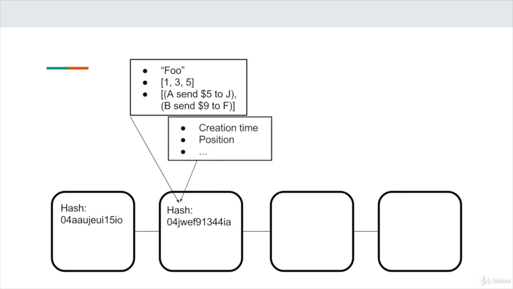The unique hash for the block is generated not only from the data we want to store, but also more metadata about the block, such as when it was created and its position in the chain. There's also one more very crucial data point used to generate the hash of a new block. The unique hash of the last block is also used as part of the input that the new block uses to generate its hash. This means that the last block is an integral part of creating the new block's hash